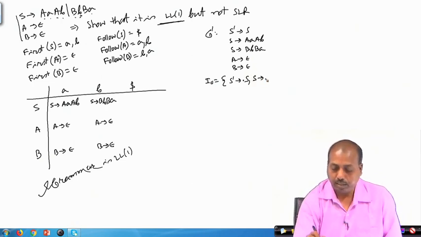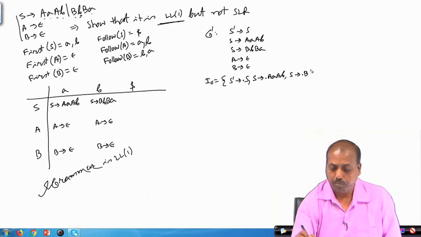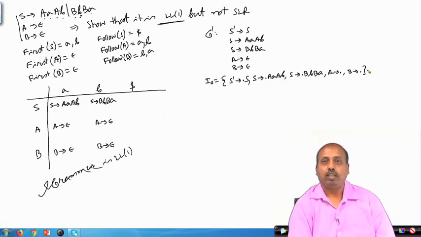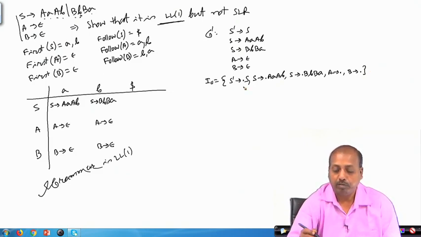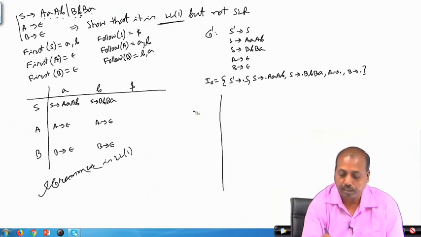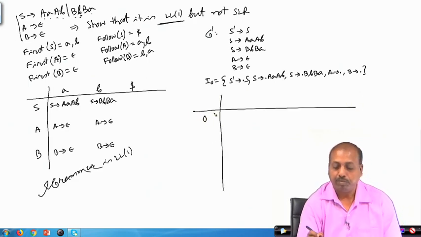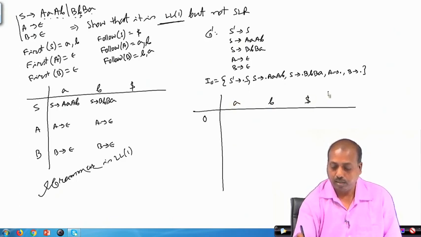S producing dot A B, S producing dot B A, A producing dot, B producing dot. So, this is the I0. Okay. Now, we can construct the full set of items, but looking at this one itself we can try to understand what will be the action part. So, this is my set I0, then these are the terminal symbols a, b and dollar in the action